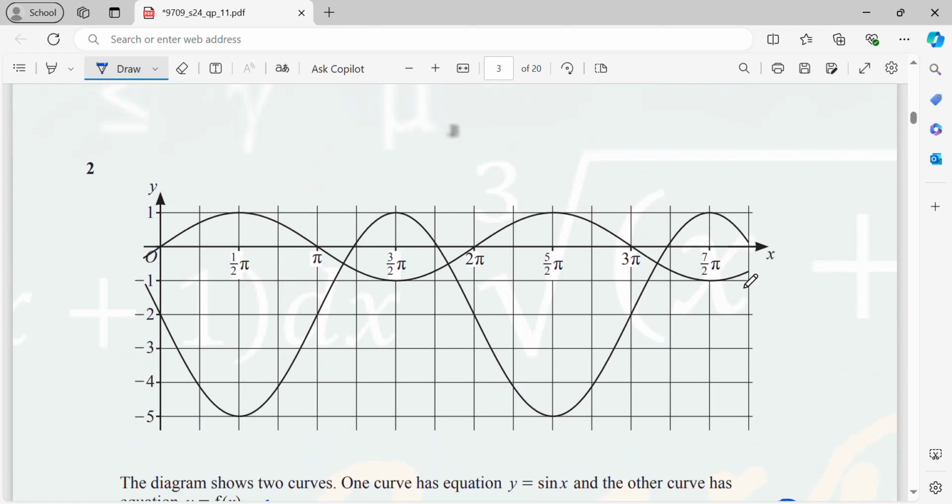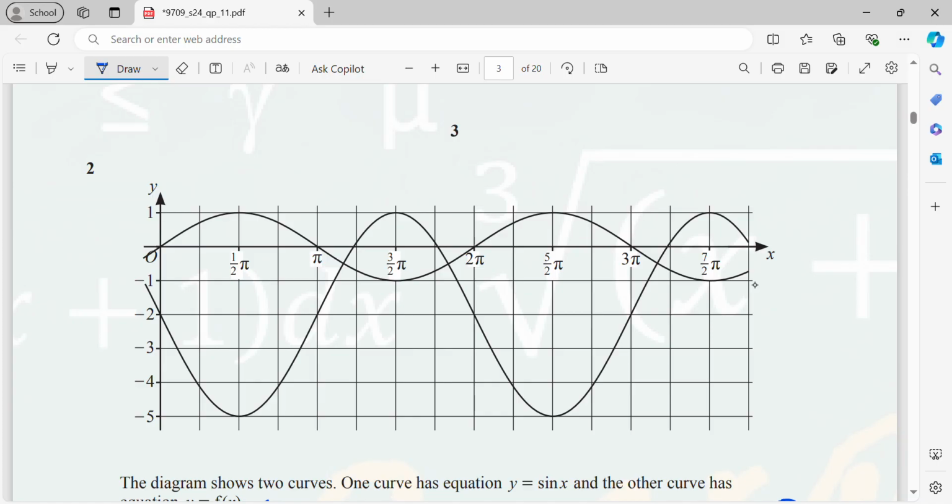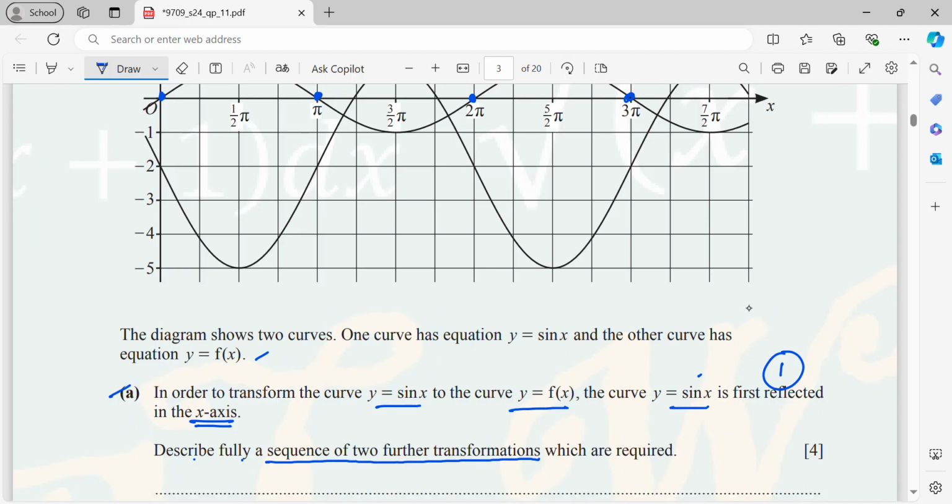So it means that now I need to reflect my sine graph in the x-axis first. So obviously this is the sine graph, because sine 0 is 0, sine pi is 0, sine 2 pi is 0. Okay, sine 3 pi is 0. So this upper graph is a sine graph, and it's mentioned in the question, the first transformation is reflection in the